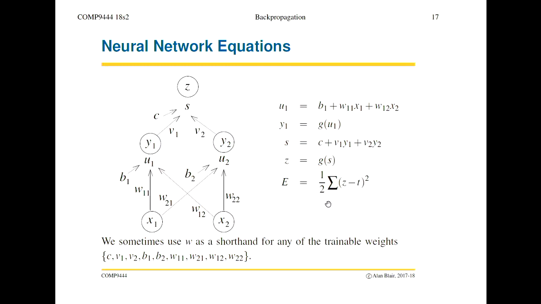Why is it divided by 2? Well, the only reason it's divided by 2 is mathematical. What we want to do is reduce the error as much as possible. We want to find the weights that will give us the smallest error. Dividing by 2 is just a mathematical convenience because we're going to be differentiating this. When we differentiate Z minus T squared, we get 2 times Z minus T, and we don't want to keep carrying that factor of 2, so we write 1/2 to cancel it out. It's just kind of a trick.